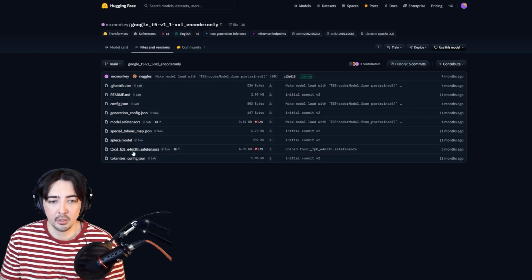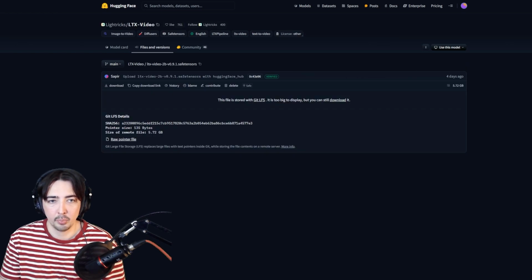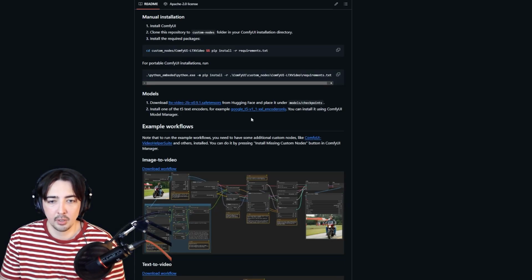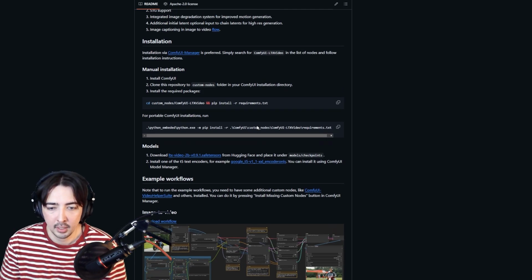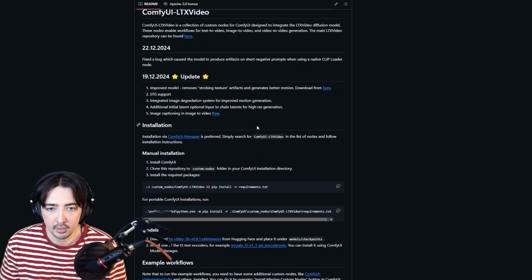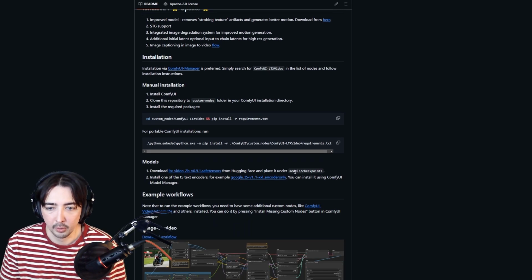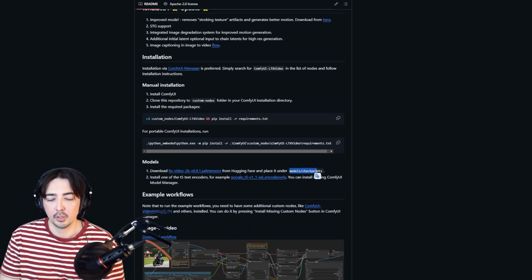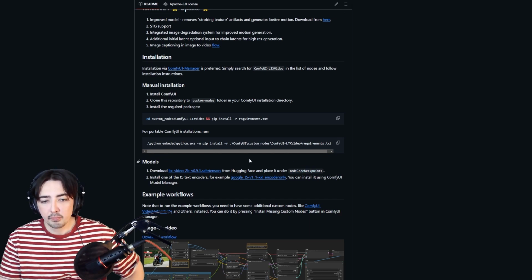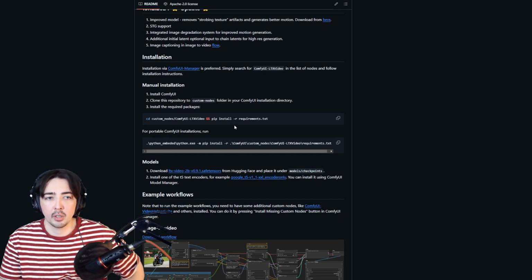Here you just need to download this one, T5XXL. Once you download this, you put it into the clip folder, and you put the LTX video, as they mention on the website, I think it's diffusion models. Oh, no, checkpoints, there it is. So you put it into the checkpoints folder. Once you do all of that, you should be able to run the LTXV